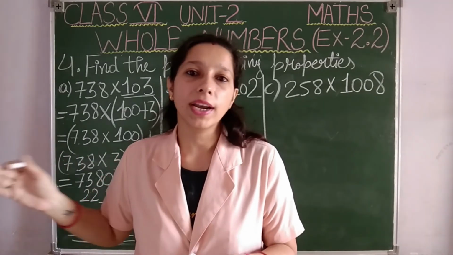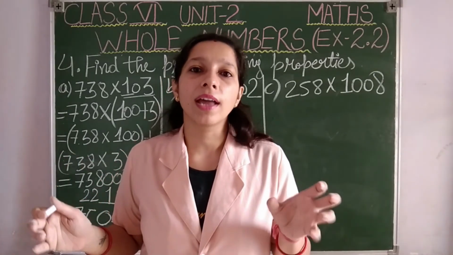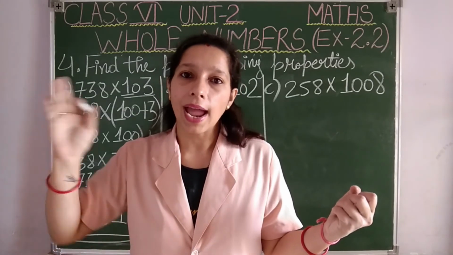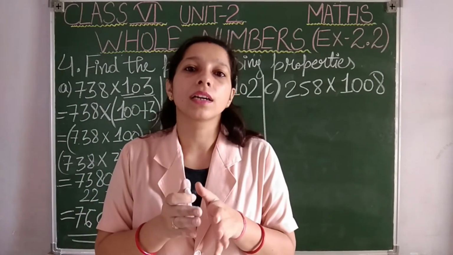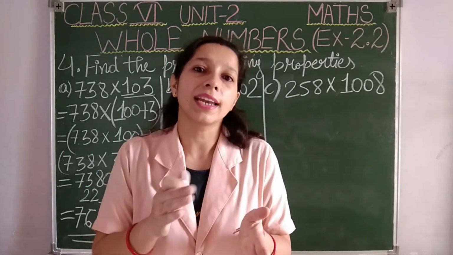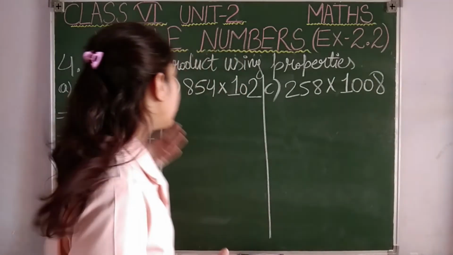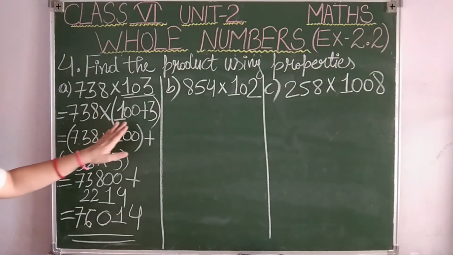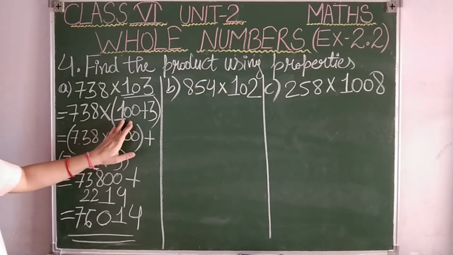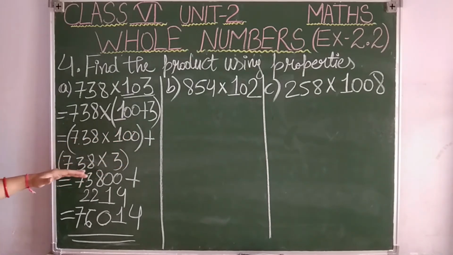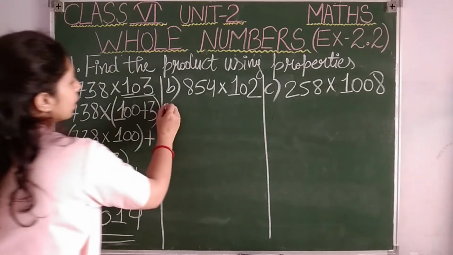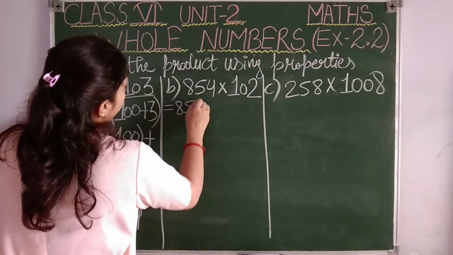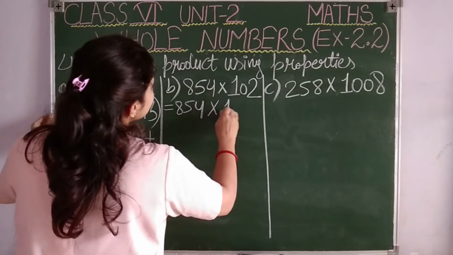See, in the previous question, what we were doing, the numbers were given already in distribution. Okay, the numbers were already distributed. There what we have done, we have taken one number as common, and then we have added the given 2 numbers, and then we have taken its sum and we have multiplied. But here just the opposite we have to do. Here first we have broken the number and then we have distributed the values, means separately we have multiplied and we got the answer.